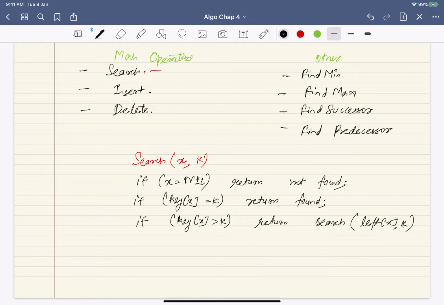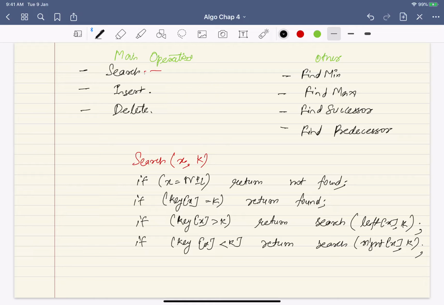And similarly, if key of x is smaller than k, you return search with right of x and k. And that is all you have to do in the search operation. This is recursive code. It will take care of it.